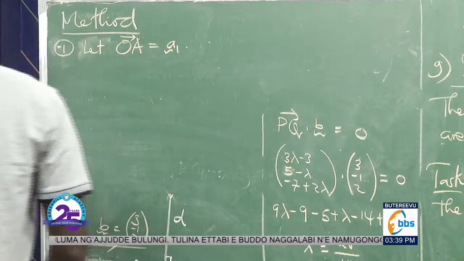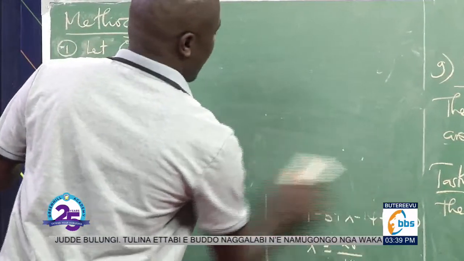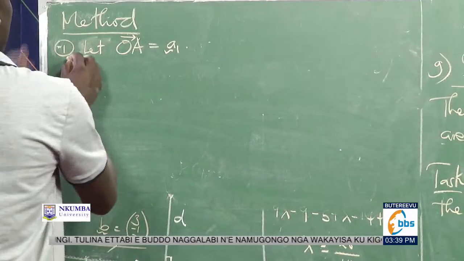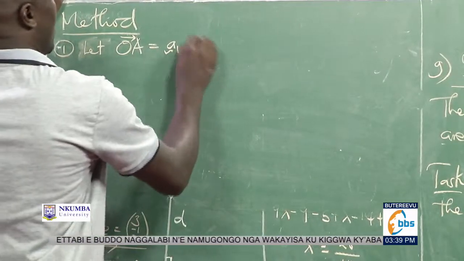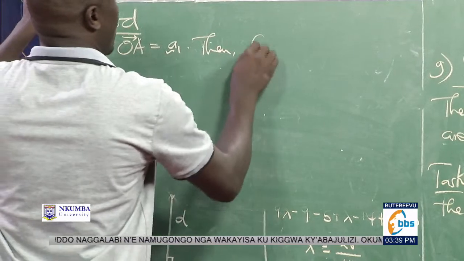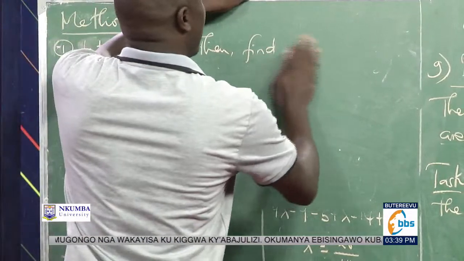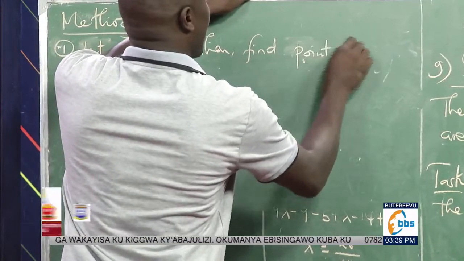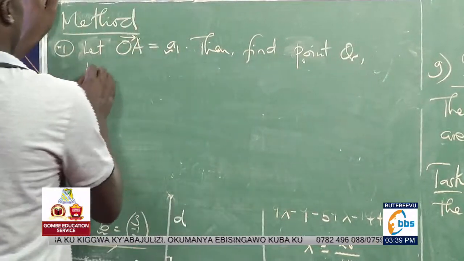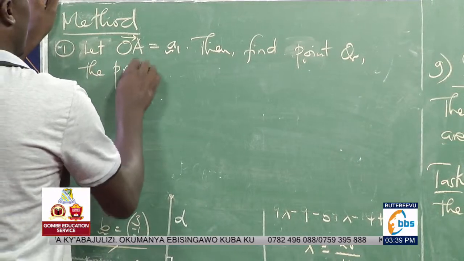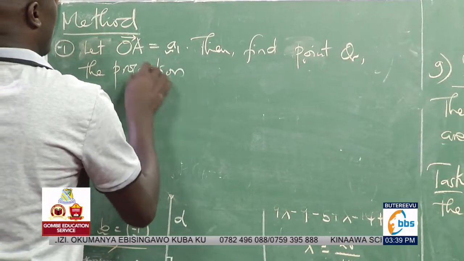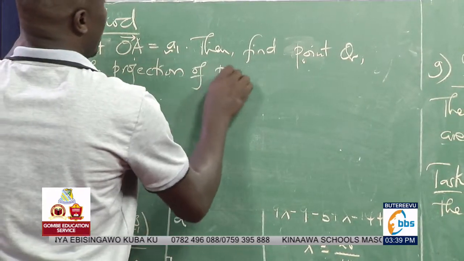And so what we are going to do next is find point Q, the projection of point A